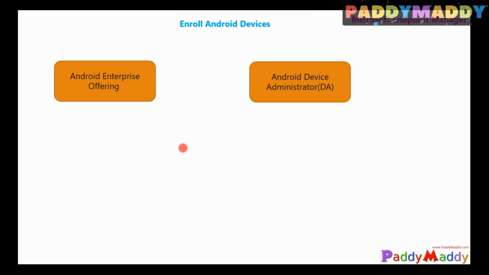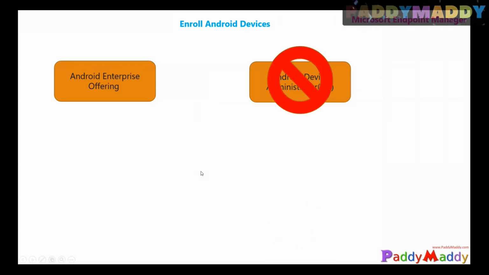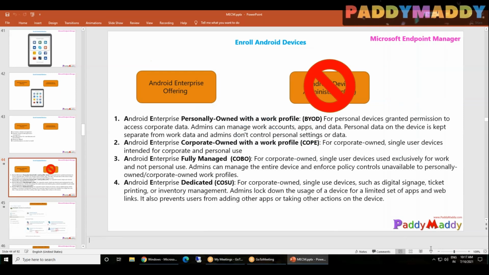So here we talk a little bit about Android enrollment. From the previous session, we can recall that Android devices can be managed with 2 different flavors. One is Android for work, which we also call the Android enterprise offering. The other one is the Android device administrator. DA was the initial method, but at a later point they have taken out this DA method, and now we're only focusing on the